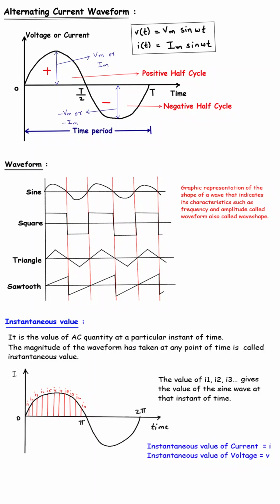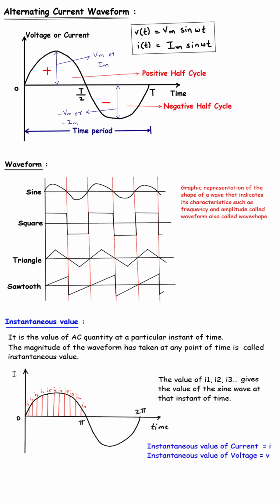In alternating current systems, the flow of current or voltage varies with time, and this variation follows a specific shape called a waveform. The most common waveform is the sine wave, shown at the top of the image. In this sine wave, the current or voltage starts from zero, rises to a maximum positive value called the peak